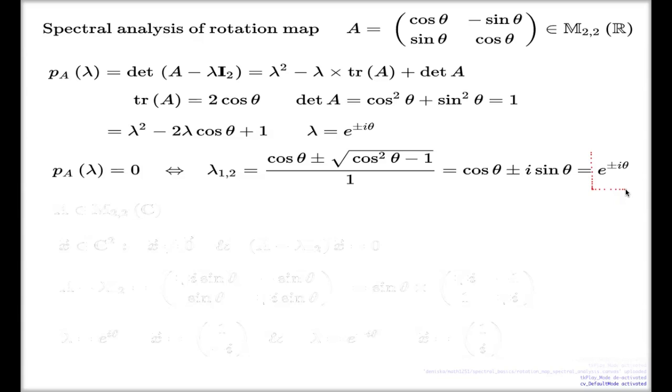At this stage, what should I say? I should say that, surprise, surprise, my matrix doesn't have any eigenvalues. Yes, we found the roots of the characteristic polynomial, but the roots are not within the scalar field in which we consider my matrix. So a rotation matrix, in 2 dimensions, doesn't have eigenvalues,